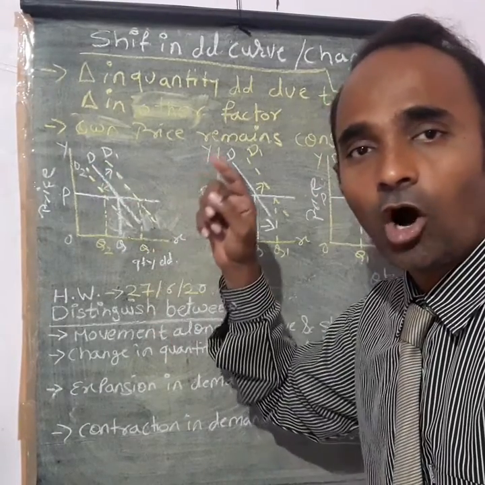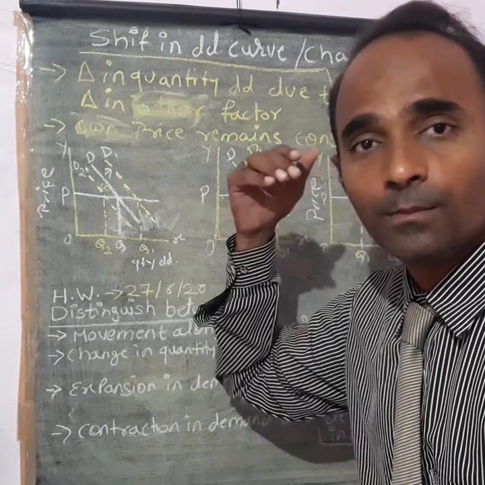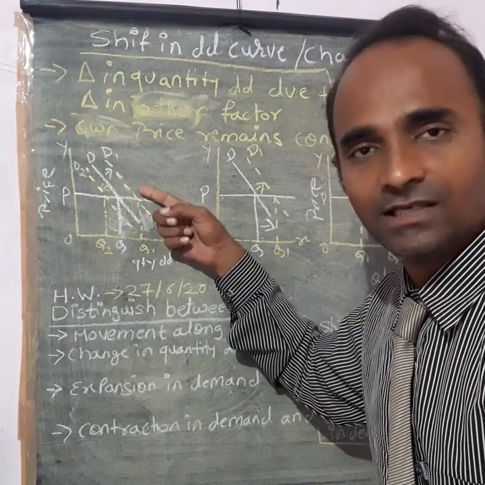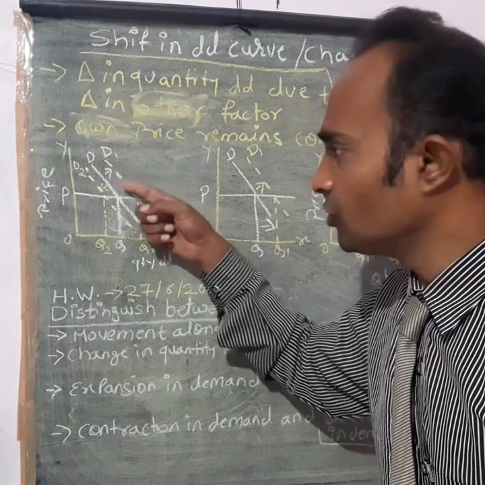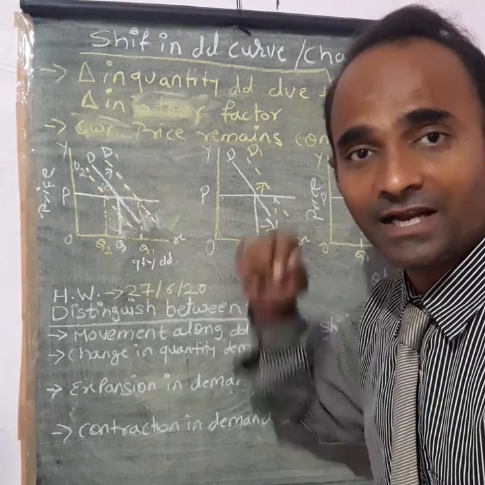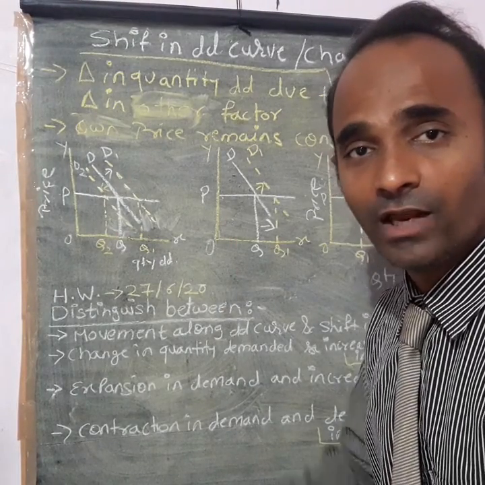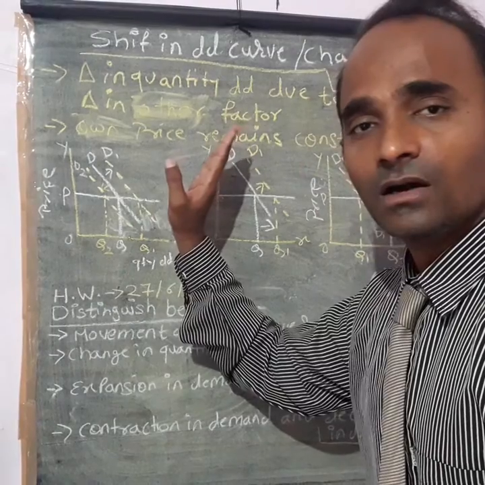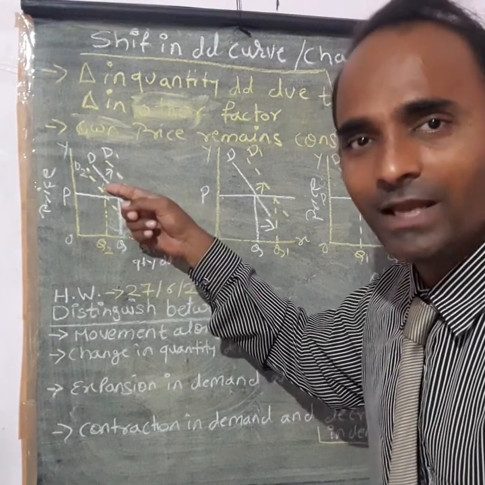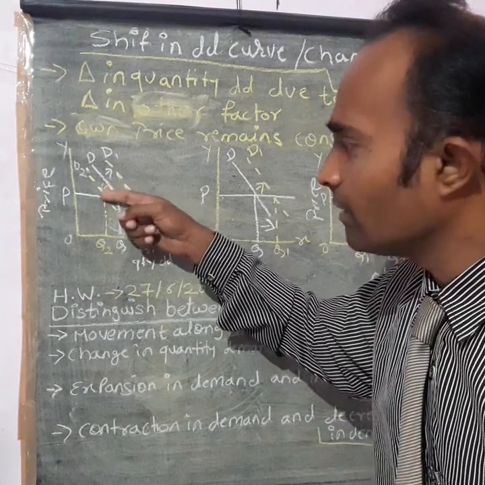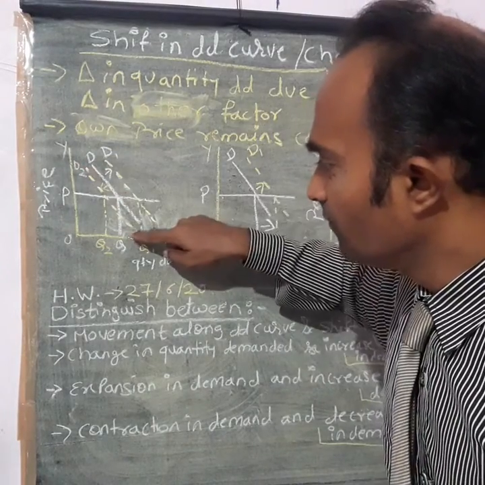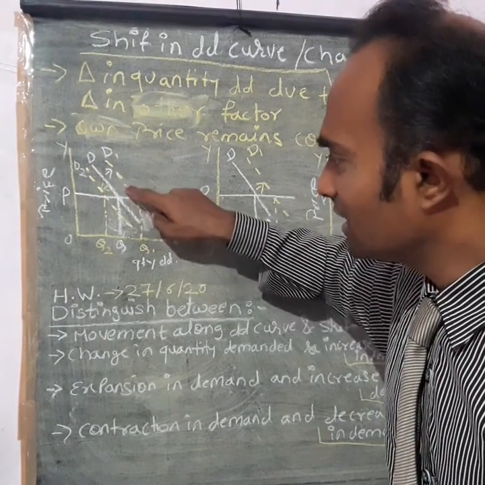As the income of your parent or yourself increases, your demand will increase. So does your demand curve shift upward or downward? You will decide now. Your demand curve will shift rightward. And when income reduces, your demand will be less, so your demand curve will shift leftward. That is D2. So these are the shifts.